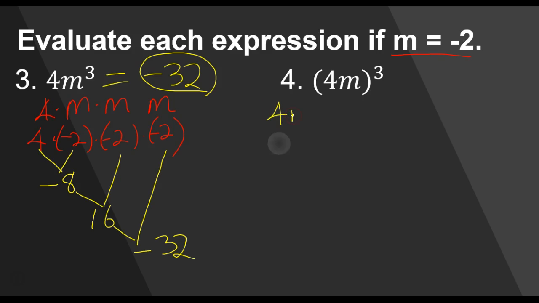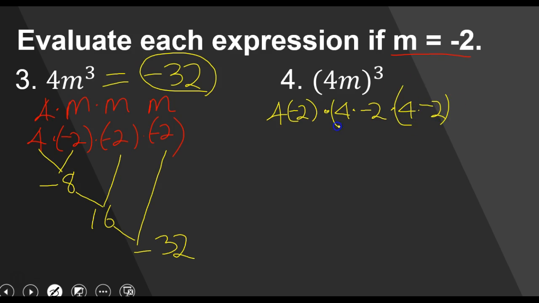So this is 4m. Okay, this 4m is going to be 4 times -2 times 4 times -2 times 4 times -2. So because both -2 and 4 are